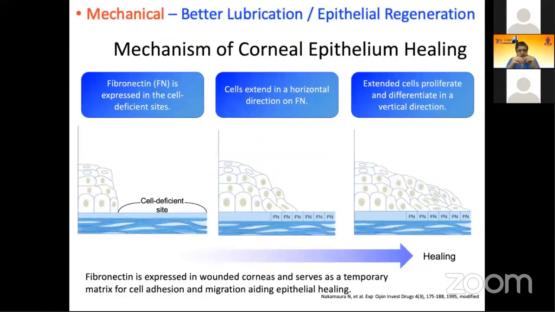Once again, if we look at the wounded surface, as you can see in the picture on the left, there is an expression of fibronectin. The fibronectin deposits on the surface of the wounded tissue, and then the cells of the epithelium just next to the wounded area start replicating and dividing, adhering to the raw area, and then spreading across to help the surface to heal. And once the surface heals, they start moving also in a vertical direction to provide us with the compact 5 or 6 layers of epithelium, which is there normally.